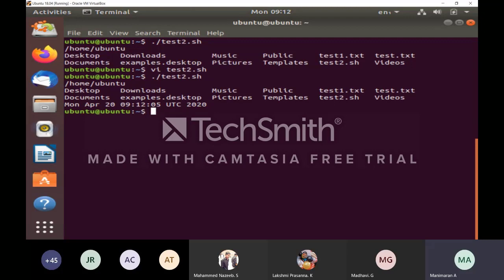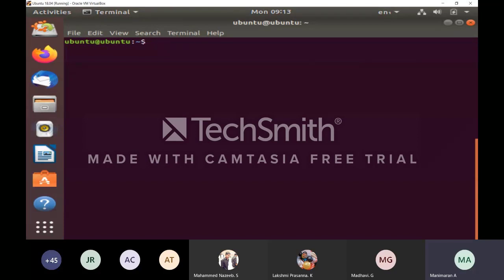In reality, if we want to do multiple tasks, instead of doing them one by one, we can keep all those tasks in a single file, and one by one automatically, sequentially, it will be executed. Sequentially means one by one. Okay, for that purpose only this shell script was introduced. So now we can see some of the C program here. This is the way we have to type the shell program and keep the commands. Likewise, you can practice at home. Clear.